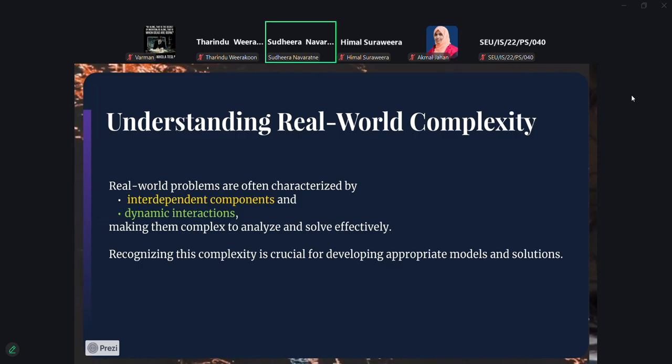So modeling such complexity is not easy, right? To be honest, modeling human behavior is the most complex thing that agent-based modeling tries to address. For example, if you dig into this subject, you will see people are trying to model the spread of diseases, how diseases spread worldwide. Like the COVID disease that we faced very recently, right? So how these diseases are spread worldwide based on human behavior can be modeled through agent-based modeling, right?